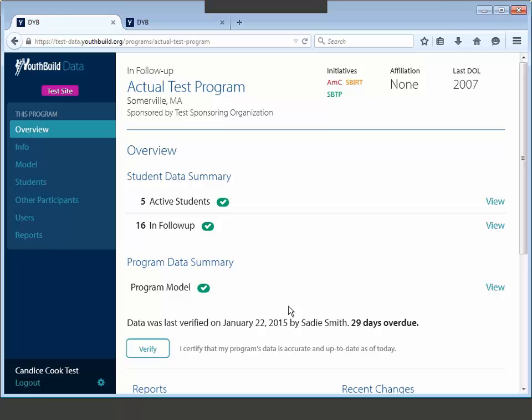There are 2 really powerful tools in DYB that help you organize your students into groups and then check outcomes. Those 2 tools are tags and reports. Let's talk about tags first. Sometimes you'll need to work with a subset of your students, and tags are the tool in DYB that let you group or organize your students. So let's go to the students page. And on the students list,